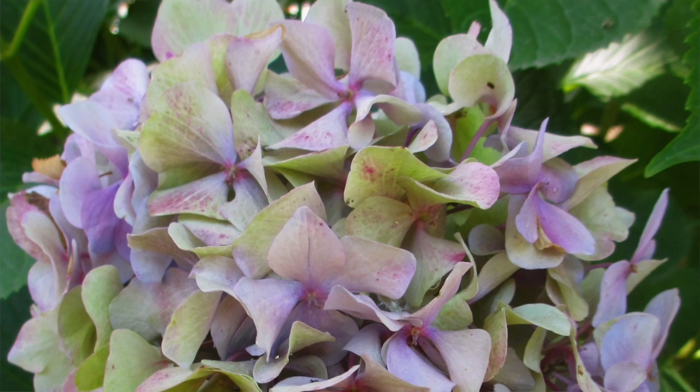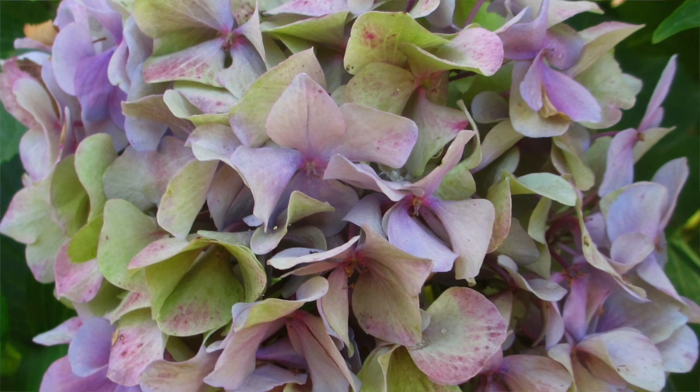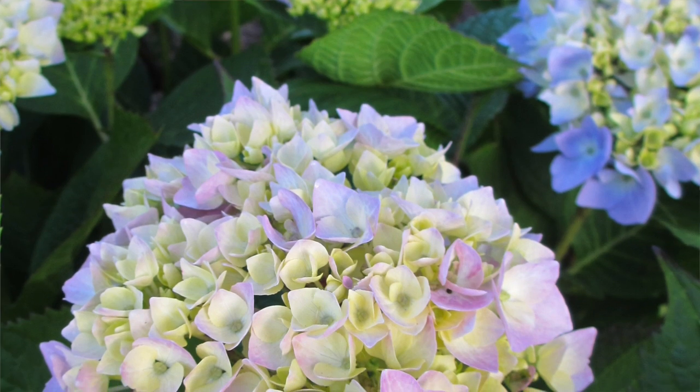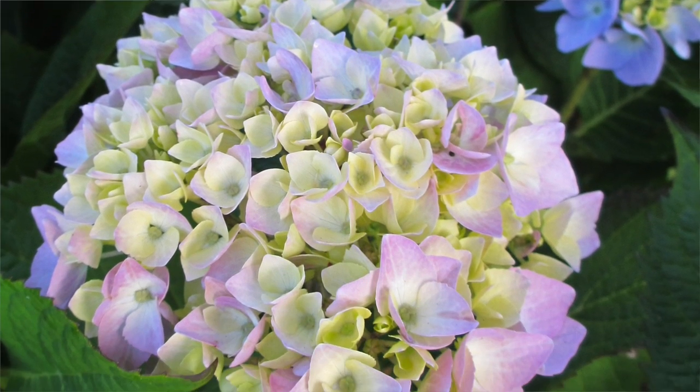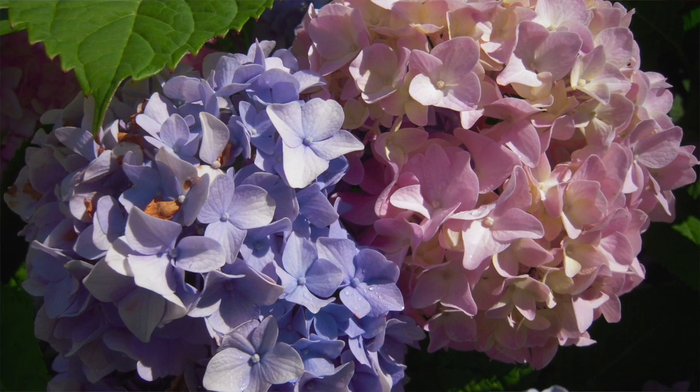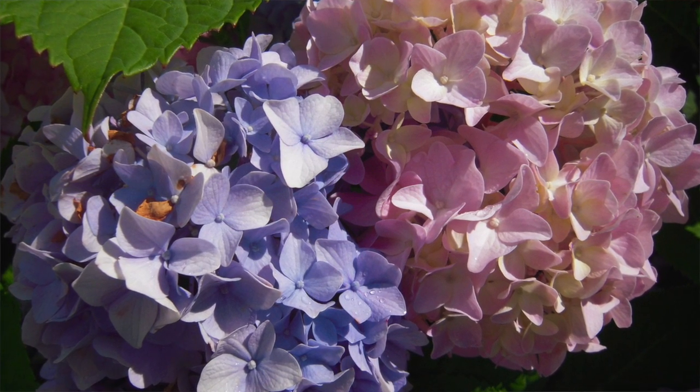I'll start it off by saying that you can't change the color of white hydrangeas. White hydrangeas can go slightly greenish, they just do that over time where they get a little bit pink, but you can't change the color of them. White stay white. And in terms of the blue-pink hydrangea thing going on, it is a reaction to the pH